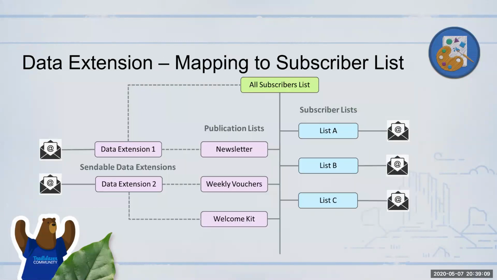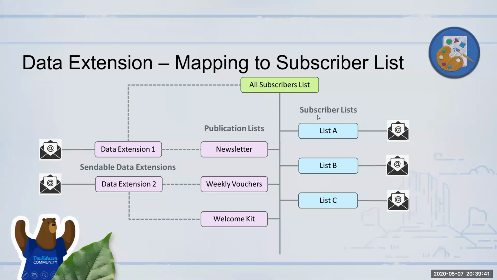Okay, so that's where we left off yesterday, and I want you to pay very close attention to this particular slide. When I was initially introduced to Email Studio, nobody told me exactly what was happening behind the scenes. I understood there is a list, there is a data extension, but how does it all map together when you send emails to people in the subscriber list, or to the people in the data extension?